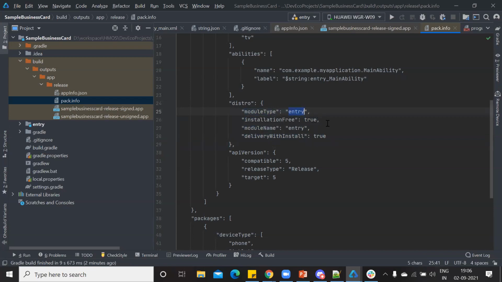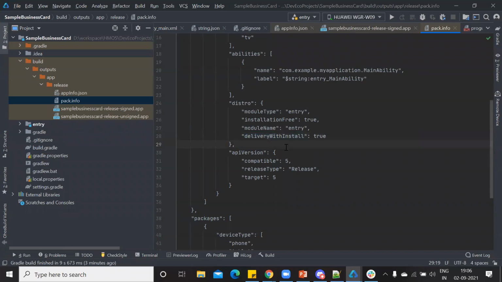We have mentioned it as entry, and installation free, you can put it as true or false if it is a free installation or not. And module name, you can name it as anything. We have retained the name entry itself. And delivery with install, in the sense, when your application is installed, you're checking if this entry module needs to be installed or not. Okay, you can make it true or false based on